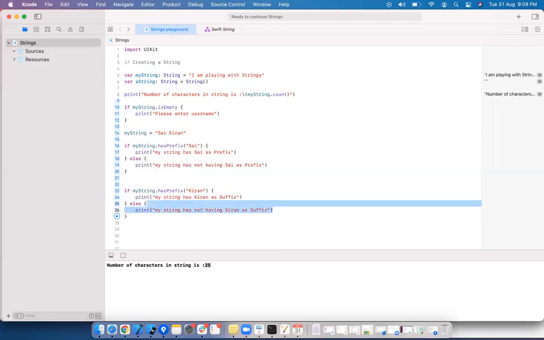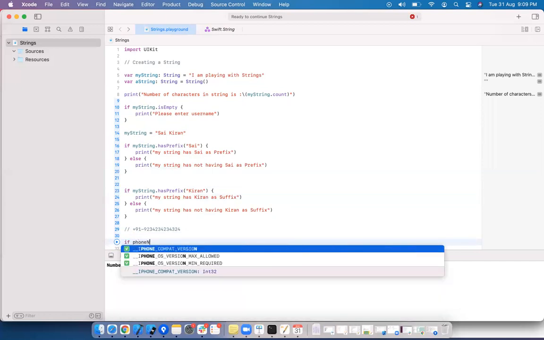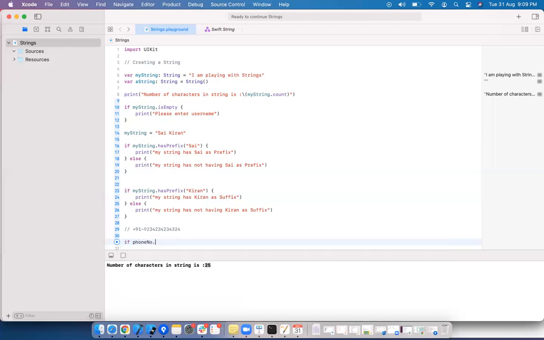When do we get this kind of requirement? You have given one input field, one text field to the user, and you asked him to enter country code plus phone number. In this case, what do you check? If phone number dot has prefix plus 91.